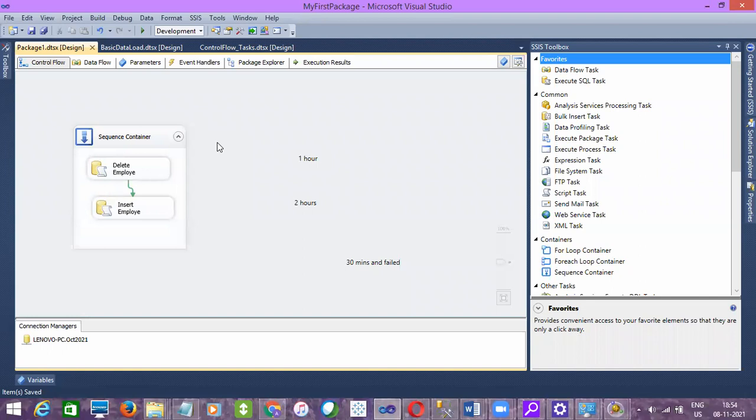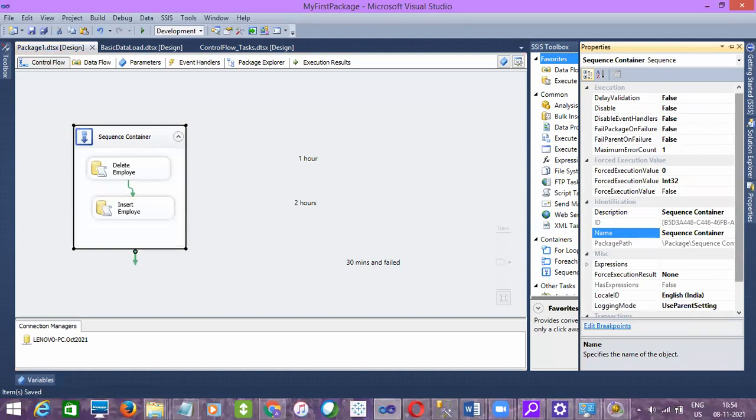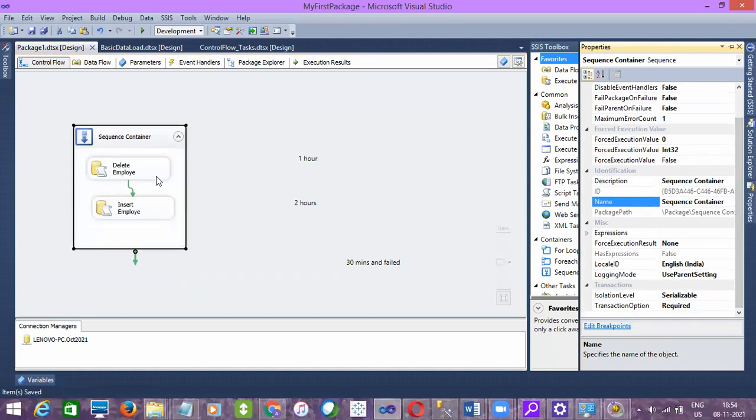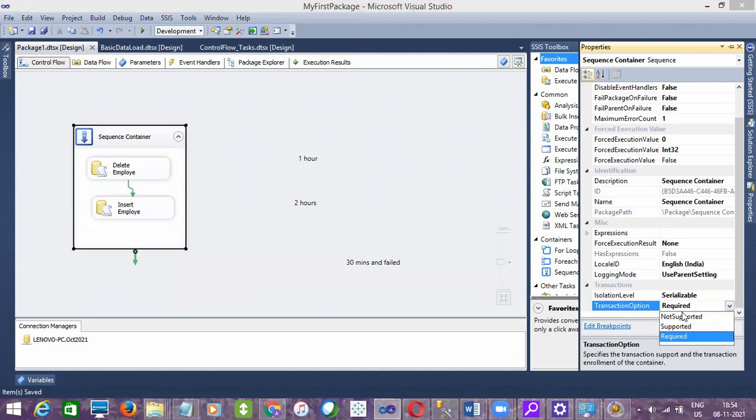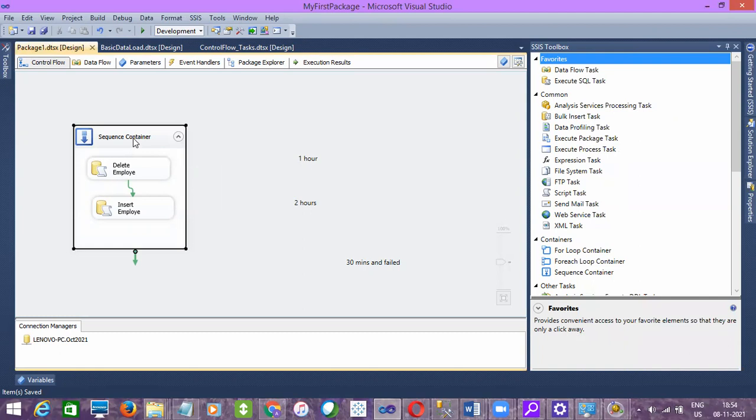You can say we can achieve the transaction in SSIS by setting the transaction option as required on the container level, and at the task level we have to use the transaction option as supported. And they'll ask what the options will do exactly, right? The default option is supported, which means if there is an existing transaction in the package, it will utilize it. And if you use required, the transaction will get initiated. That's the reason why on the container level we have to use the required option, and at the task level we have to use supported. Why? Because at the container level the transaction will get initiated, and the task will utilize the existing transaction. Any questions, guys?